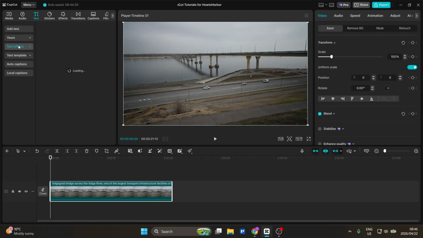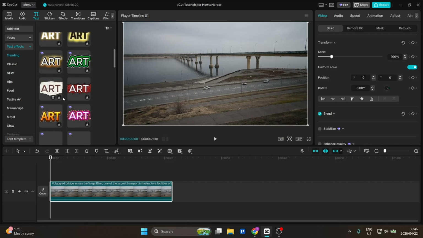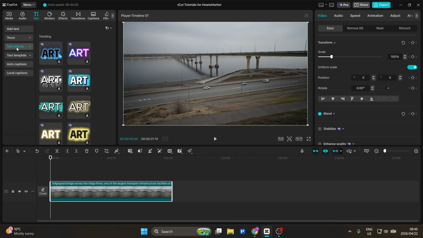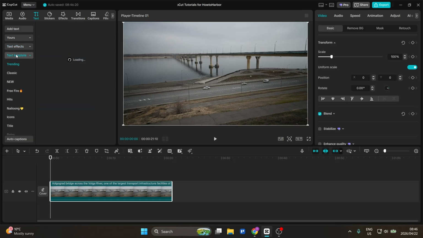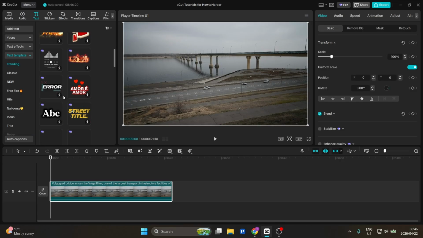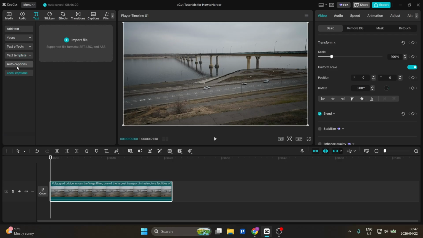Over here, we've got text effects. These text effects over here will all have different types of lines around it, as you can see. Then we also have text templates. These text templates are already pre-made, so they've got all of the movements, text coming in and out, all the different stuff going on here. So that is also a nice way of outlining your text. And then we've also got our captions, so we've got auto captions, local captions, and then